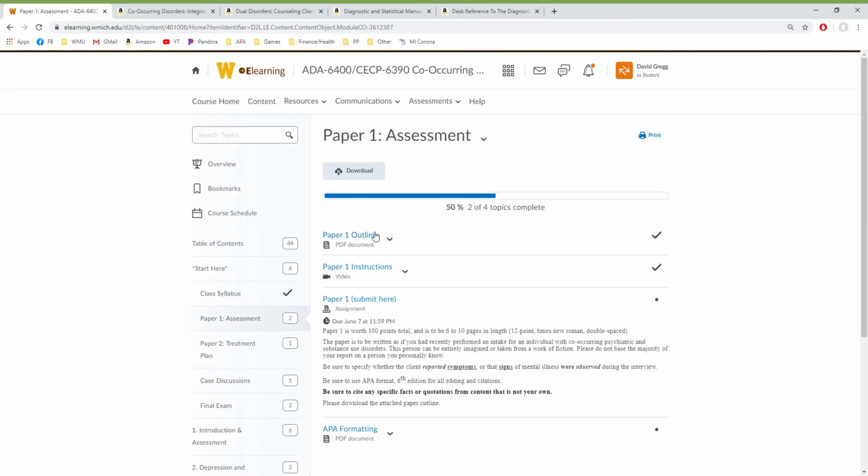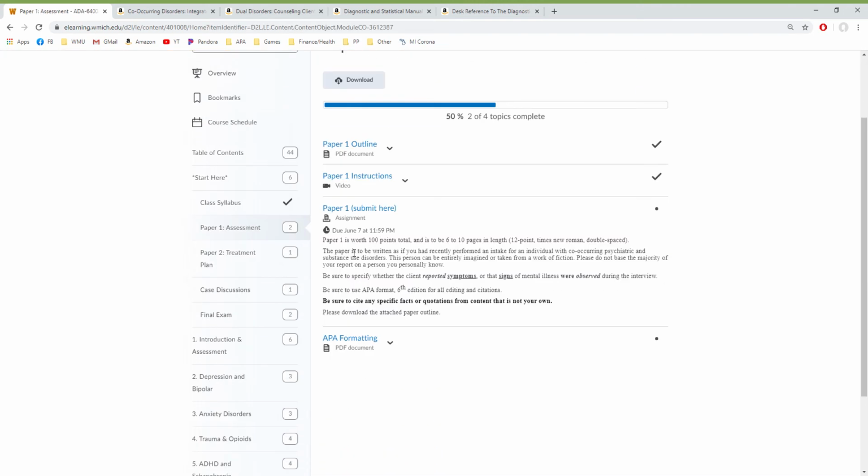So as I mentioned before, the outline instructions: submit the paper here by June 7th at 11:59 p.m. And here's another of those APA formatting guidelines, just to make sure you're getting all the right APA format in there. As you notice in this outline here,